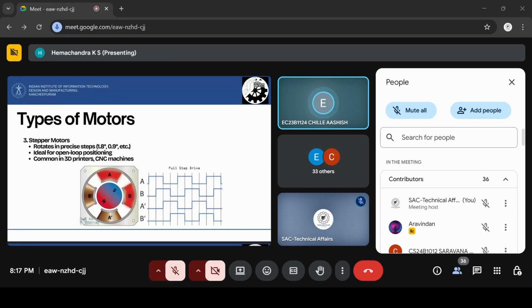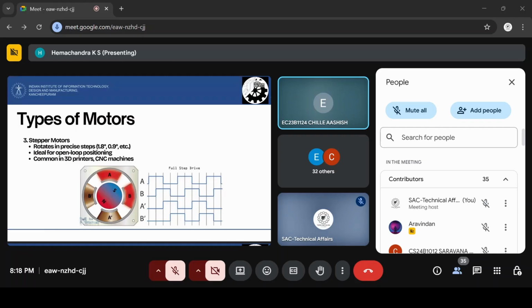A stepper motor operates by energizing a series of electromagnetic coils in a specific sequence to rotate the rotor in discrete steps. The rotor, typically a permanent magnet or soft iron, aligns with the magnetic field created by the energized coils. So each electrical pulse moves the rotor by a fixed angle. By controlling the sequence and the frequency of pulses, the motor achieves precise positioning and speed without requiring